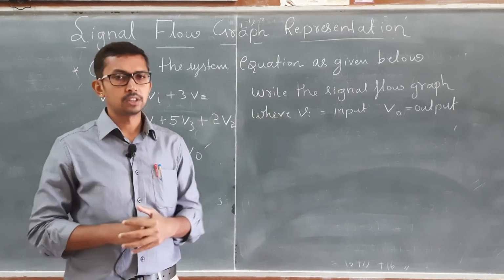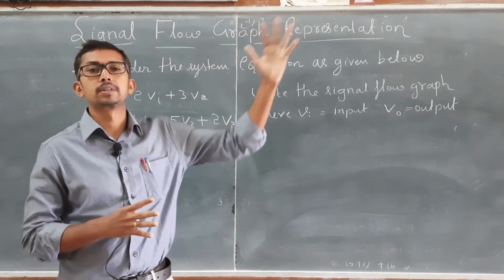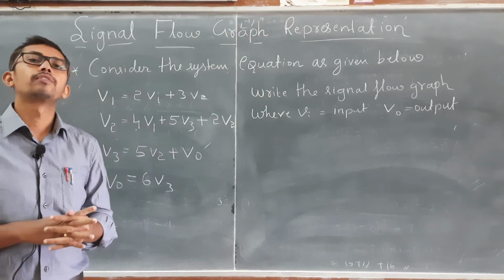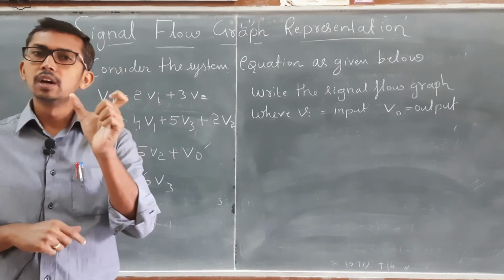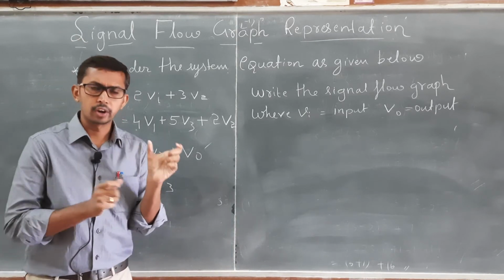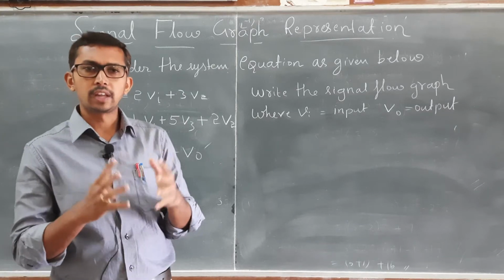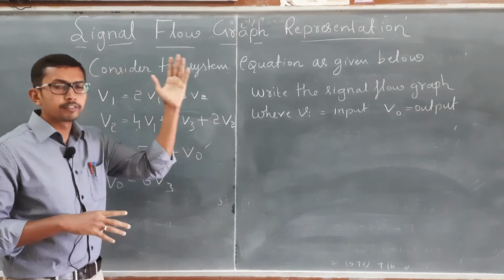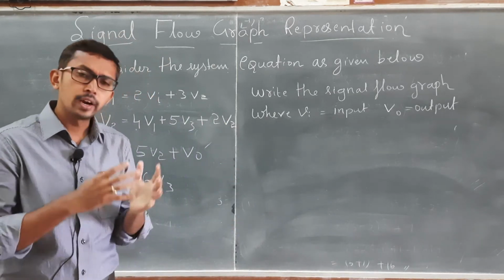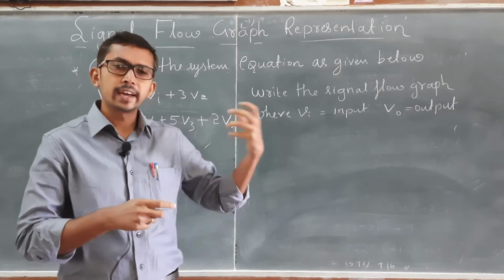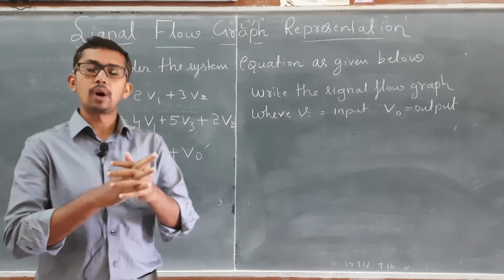To overcome that, today we are going to learn a new topic called signal flow graph representation. What is the meaning of signal flow graph representation? It is a graphical representation of given variables, or for a given set of equations, we represent them in a graphical way. So that we are going to call signal flow graph representation. Before discussing anything related to this, let us study this with an example so that it will be very easy for us to understand.